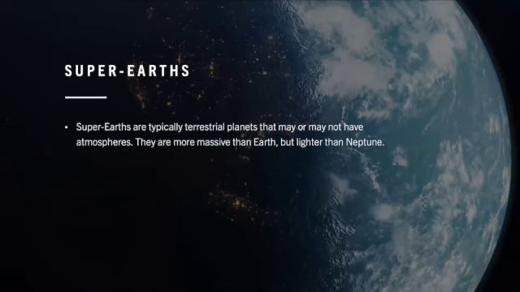The super-Earths. The super-Earths are typically terrestrial planets that may or may not have atmospheres. They can't know about it yet, because those planets aren't as big as the Jovian planets, so they can't measure the composition of the atmosphere. In the Jovian planets, which are so big, they take one photon between like 1,000, and they analyze that photon,